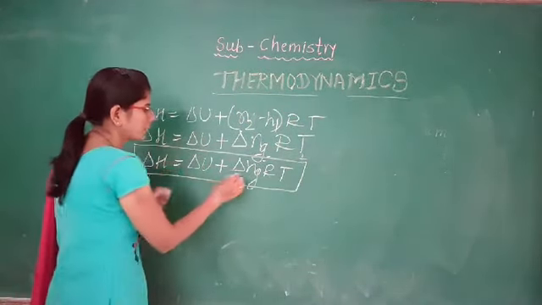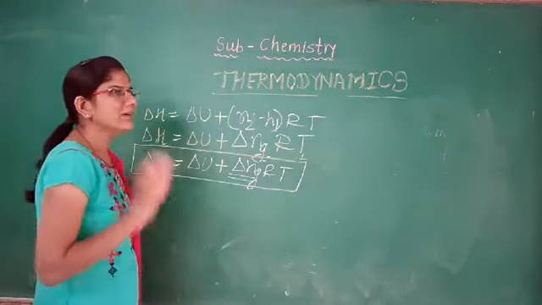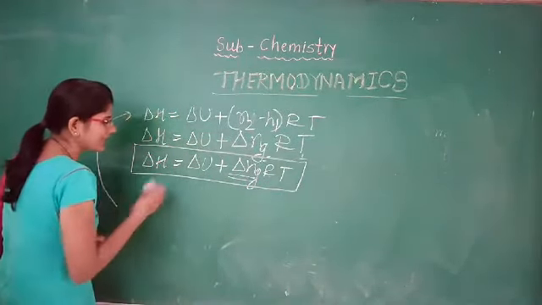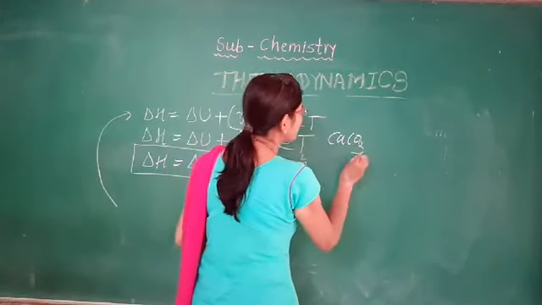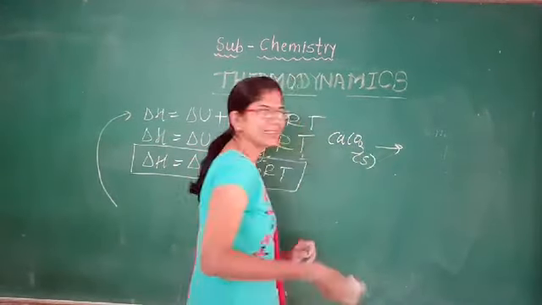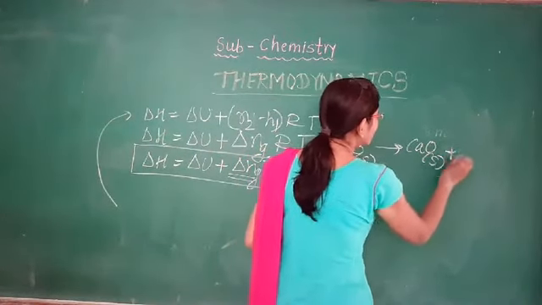So for the consideration of the delta N, here we have one example: CaCO3, which is in the solid state. It gets converted into CaO plus